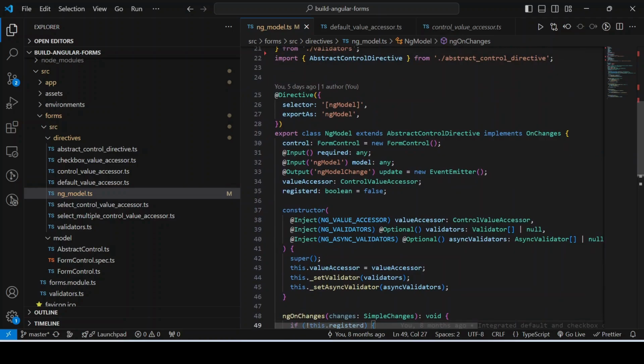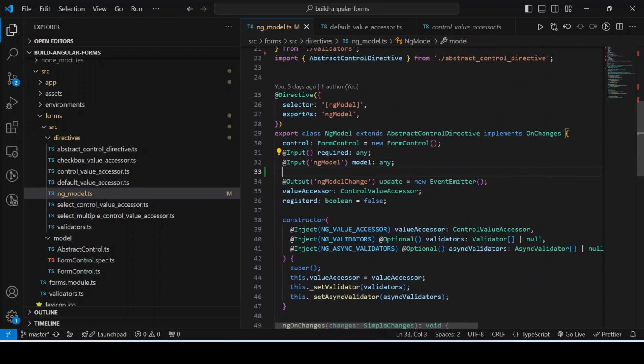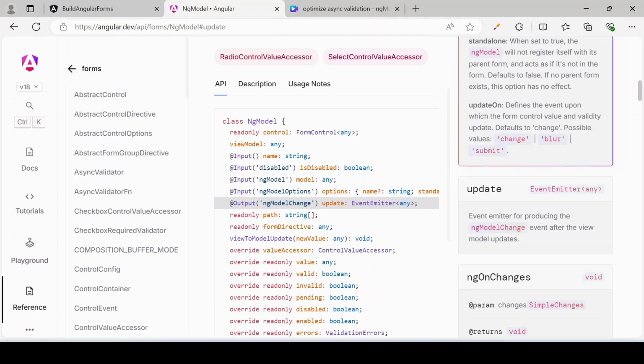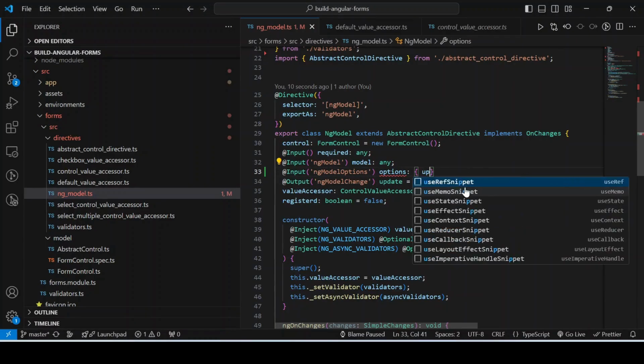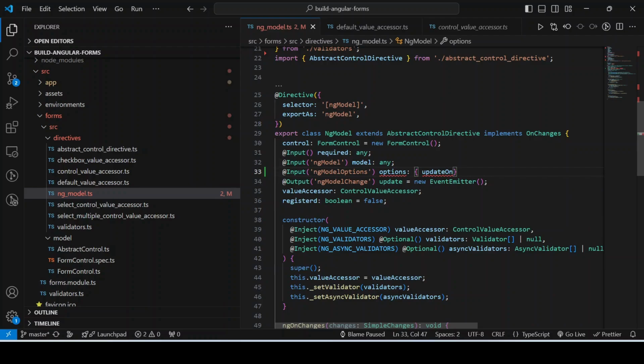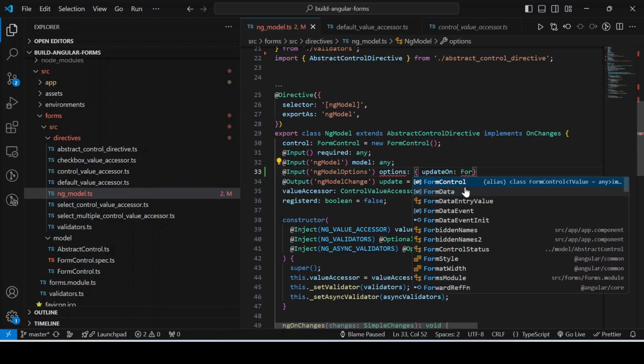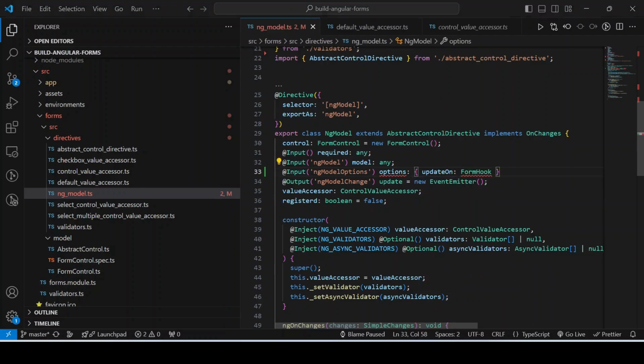So for that, first we will have to accept one more input property, ngModelOptions. So let's define the type of this ngModelOptions input property, and this is going to be something like a set of key value pairs. So we are not going to define all the properties of ngModelOptions, rather we are more interested in this updateOn. Okay, so this will accept one prop updateOn having type FormHooks. Okay, FormHooks. All right,